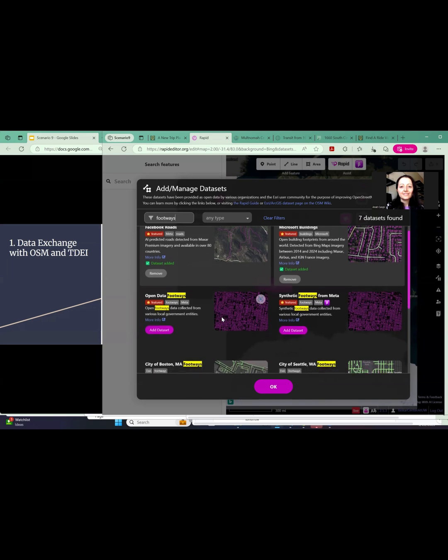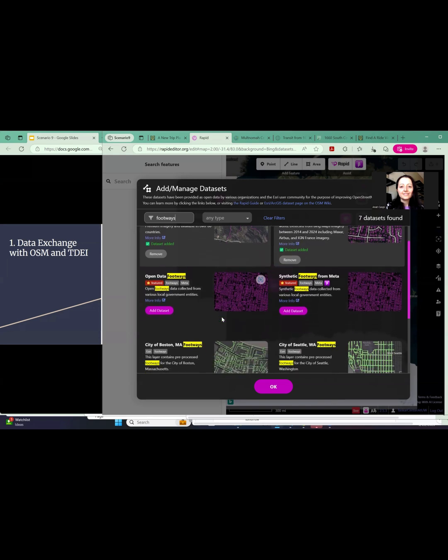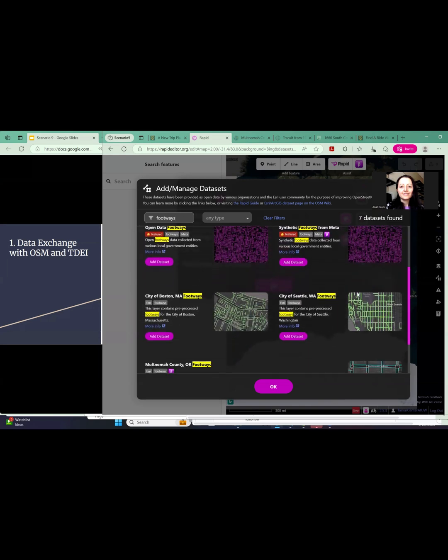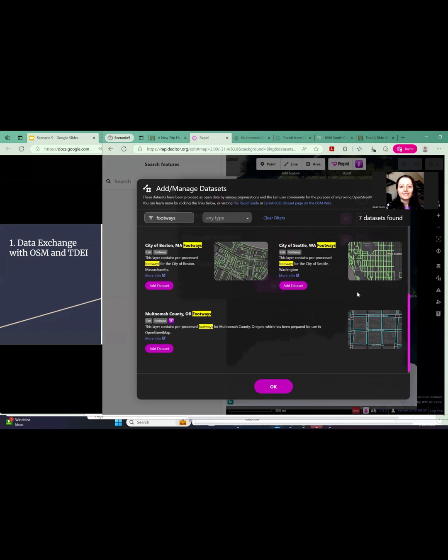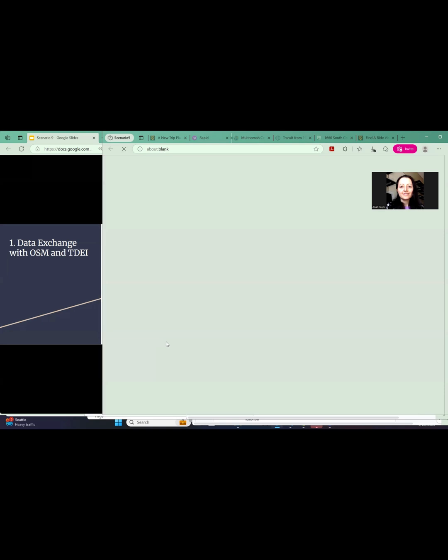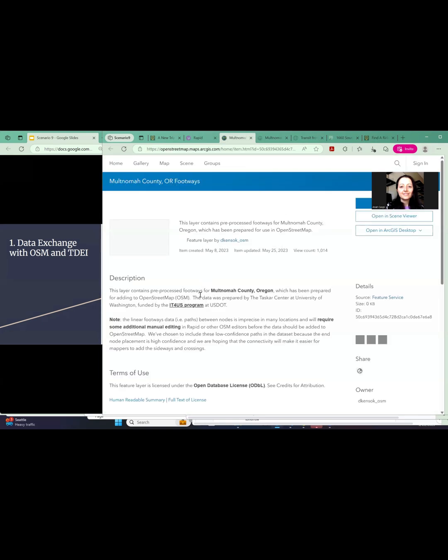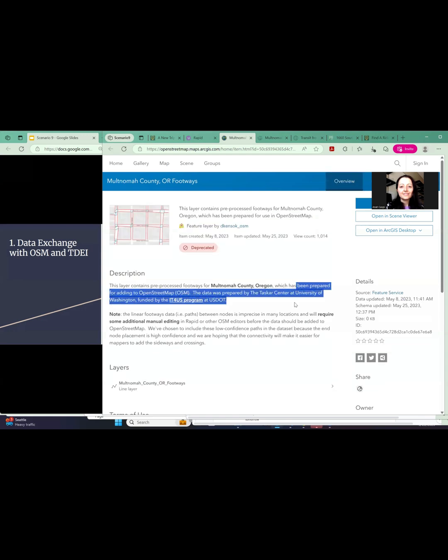you'll see that synthetic footways from data are available, as well as City of Seattle and Multnomah County from us. If you go to the information for this data set, you will see that this was prepared for addition to OpenStreetMap through the Taskar Center for Accessible Technology, funded by the ITS for Us program of the Washington State DOT.